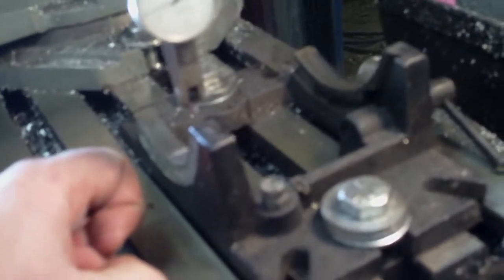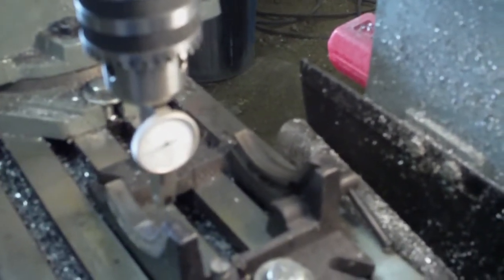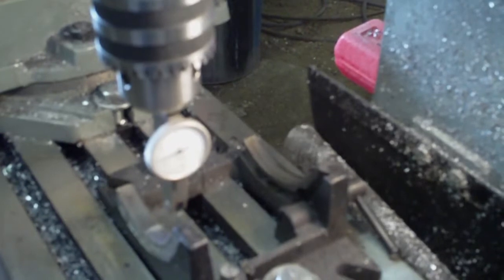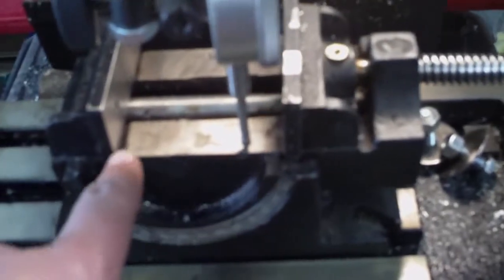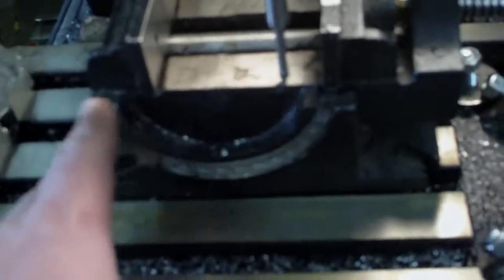I'm not going to do any machining on the base of this vise, and so what I'm going to do now is put the top portion in place, level it to 0, clamp it in place, and then sort out what's up with the deck of that vise and what's up with the back plate of it. Okay, so we're back to this point again, and I've got my dial indicator, and I've swept it back and forth here so that I've got less than half a thou of variance from front to back. So at least according to this surface, this vise is level or at 0